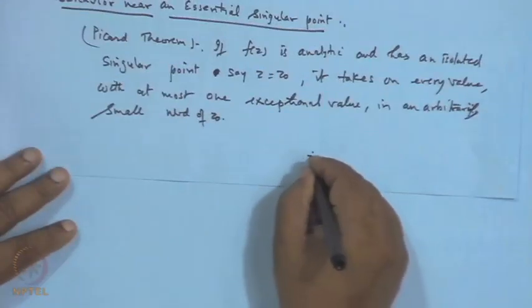So, what Picard's theorem says is, suppose z naught is an essential